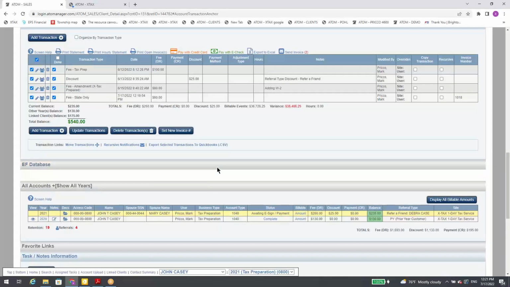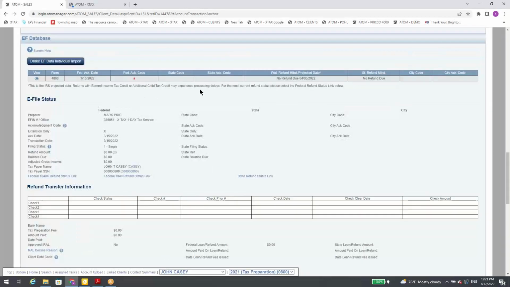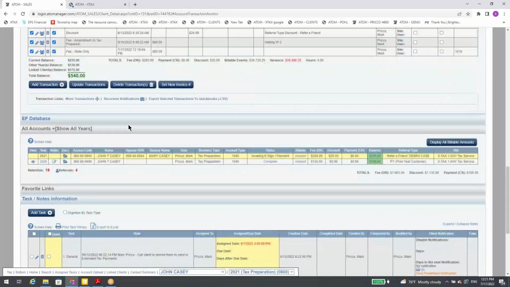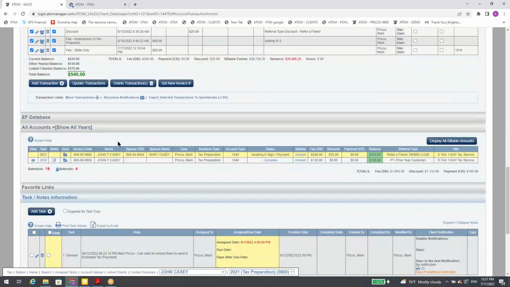EF database, all we did is here, I don't have a reject, but we just added the city reject code in red. All accounts, as I mentioned, we're cleaning up. If it's married filing separate it will no longer display under all accounts, because now we're trying to do everything through linked clients to keep it clean. Moving on to page 12,